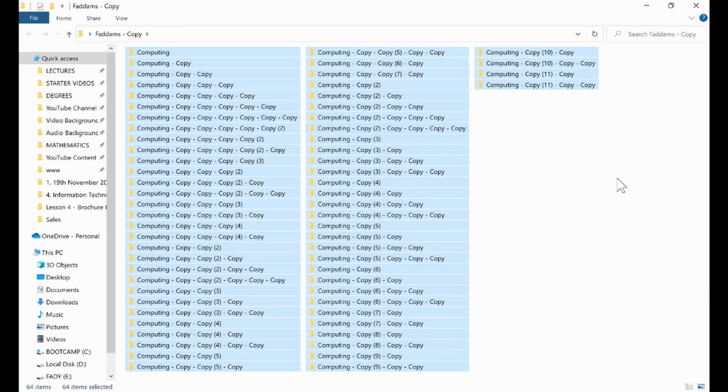Now click outside, press Ctrl A, and hold Ctrl and drag and drop one of them in an empty space. Make sure you don't drop on another folder. Find an empty space and drop it there. But make sure you have pressed Ctrl A and you have selected everything. Have you done that? How many do you have? 512. Click outside, press Ctrl A, hold Ctrl